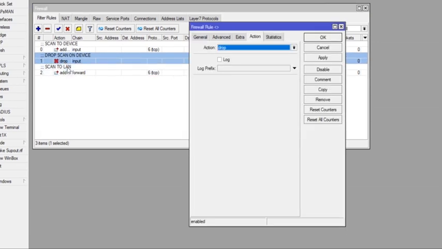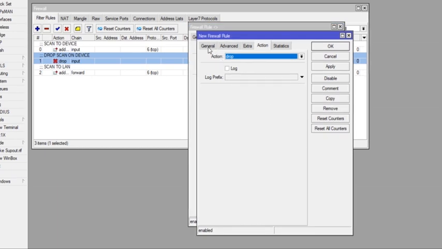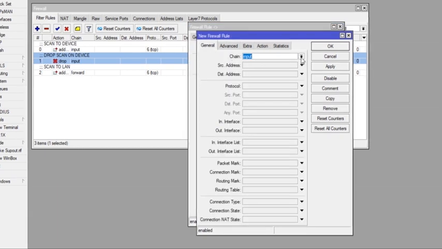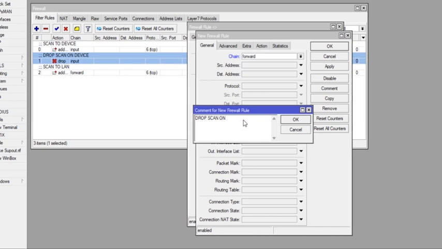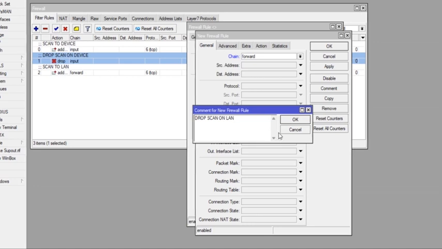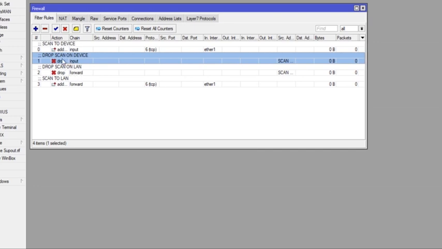We follow the same process, but I like it so that we can be fast, and we can also get familiar with other uses, other tabs, other buttons on our MikroTik menu. That's why you double click on this, then you click on copy. Once you click on copy, just change the chain to forward to drop the attack on devices on your LAN. Then change the comment as well, scan to LAN, drop scan on LAN, so that whoever is taking over from you, or even yourself, wants to do some rearrangement of the rules, we can identify which is which. Okay, that will bring scan on device,